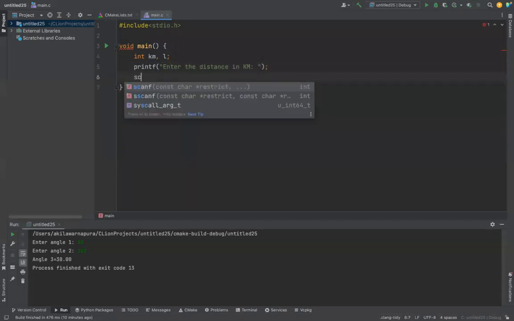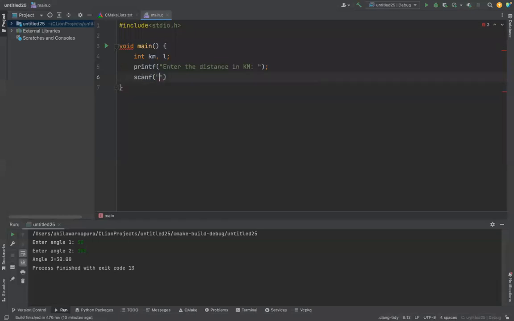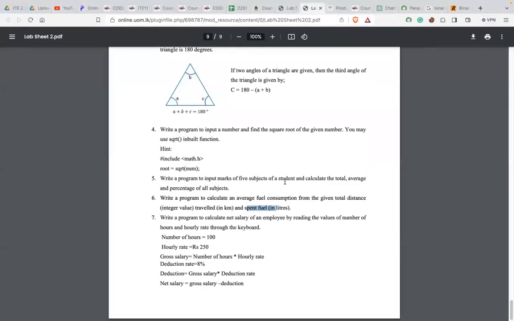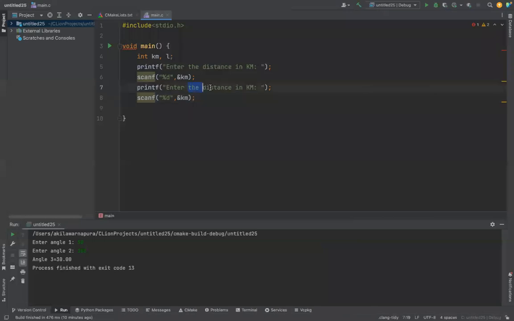Then you can get scanf percentage D. Then you can provide kilometer. You need to use the and sign. Okay, then you need to get the fuel consumption. Enter the, you have to get the spent fuel and kilometers. No, let's say enter